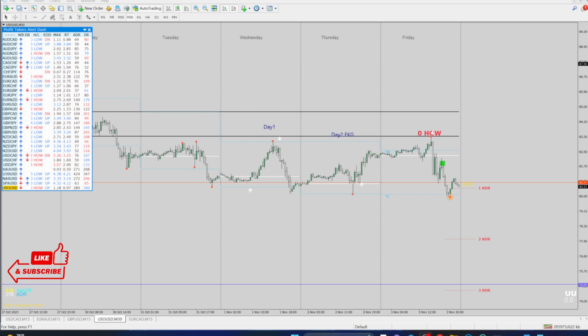This one right now is oil. Oil and the dollar Swiss were not necessarily day 2 trend trades. These were what you would consider a day 3 continuation or a 3-day trade, or what else could we call it? A reset, right? So before we get to that, I'm going to start off with the Aussie